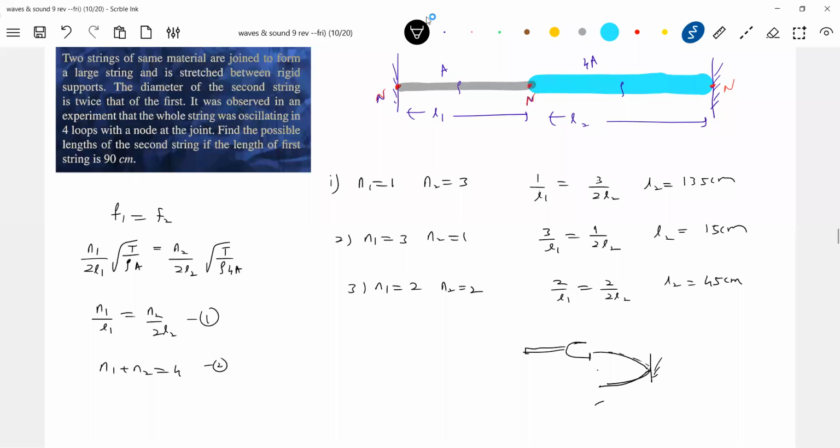The next thing we get is when you connect to a tuning fork. I think this condition is very important. But here half loop is not possible. Even if it can vibrate, half loop is not possible. When you have a composite wire, half loop is not possible in any one of the wires. Practically, I think that is what is verified. In the books they didn't mention it, but in this theory we do have a problem here. Is it possible?